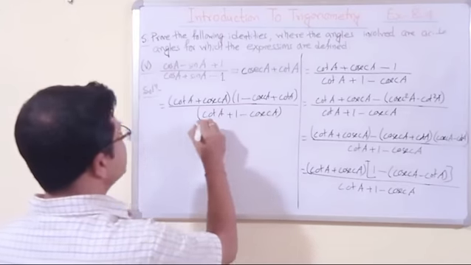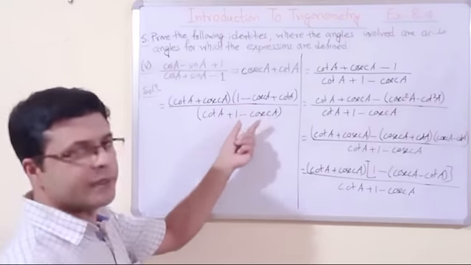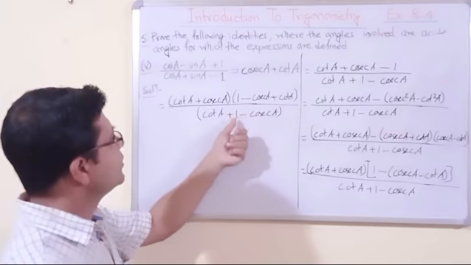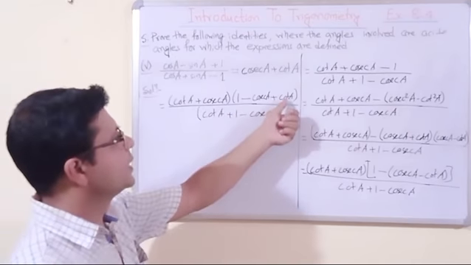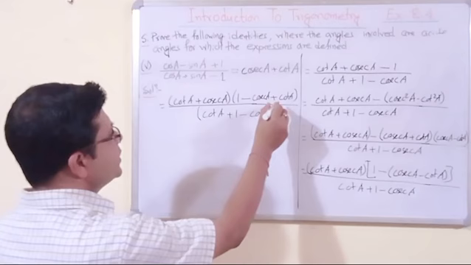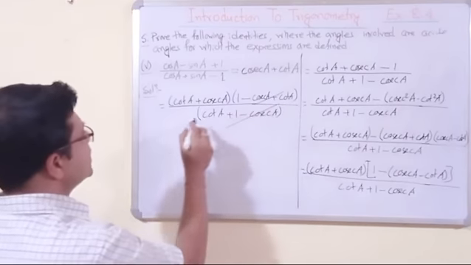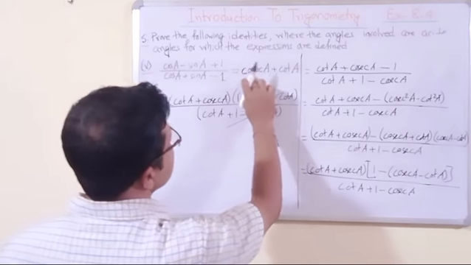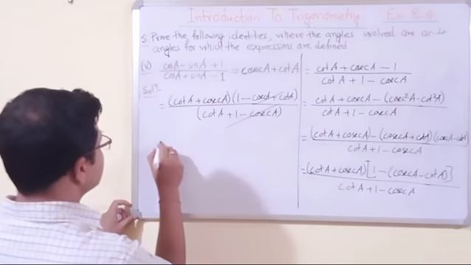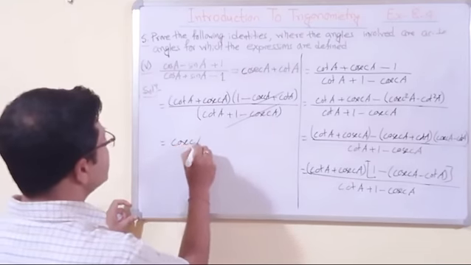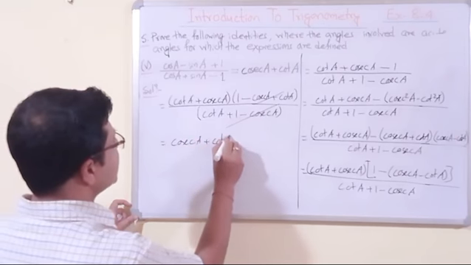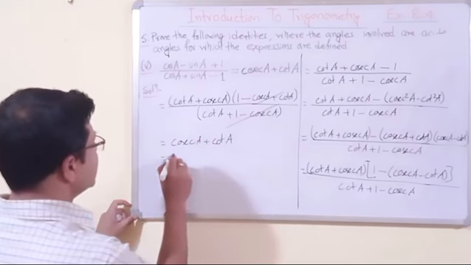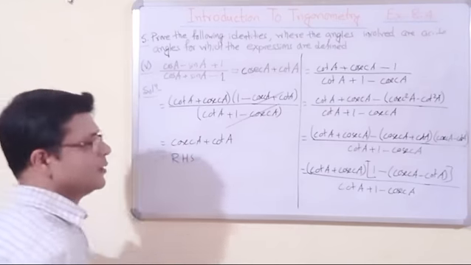Let us keep them in bracket. Now if you observe here, you see they are same: 1 minus cosec a plus cot a, and cot a plus 1 minus cosec a. So taking this as a single term we can cancel. So what is left? This is cot a plus cosec a. What is the demand of the question? This is cosec a plus cot a. So let us arrange it a little bit again: cosec a plus cot a. This is the right hand side. Alright students,